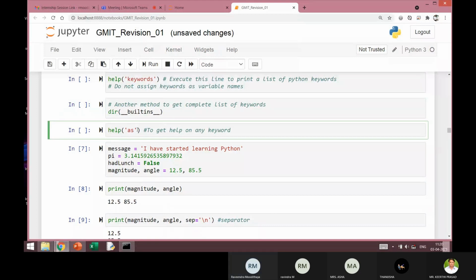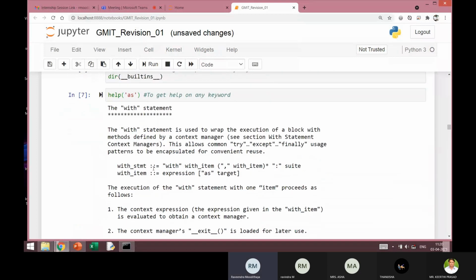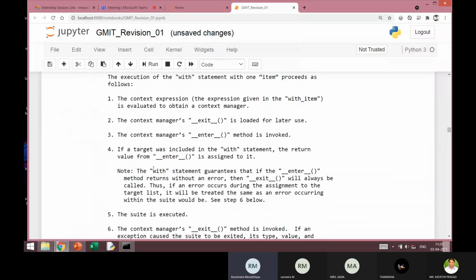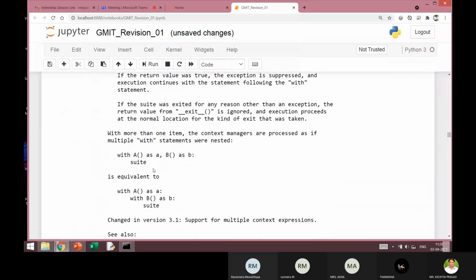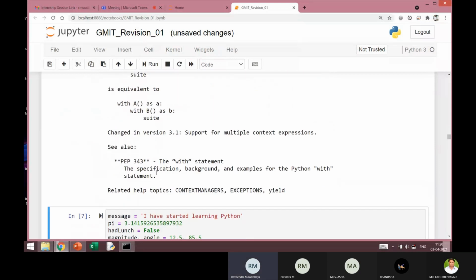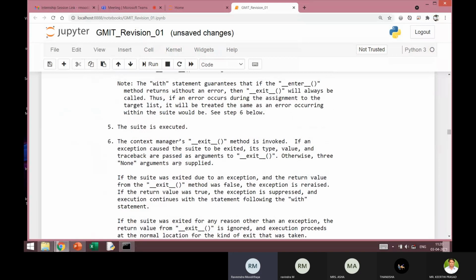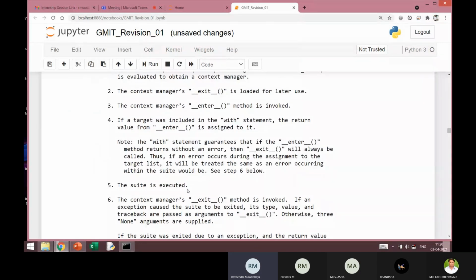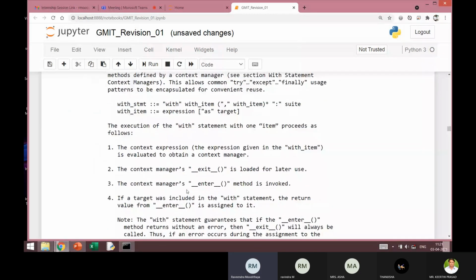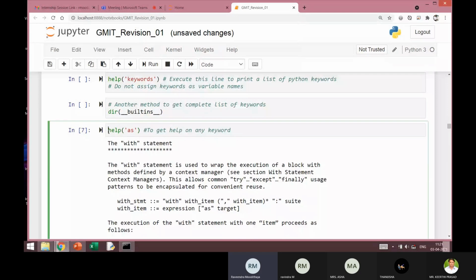So help as, if I execute this, you can see that there is a small text which is outputted. By going through this, you can get to know what that particular command is doing and how that command is to be used in your code. So this is a very handy tool which you can use in the interactive mode of execution.